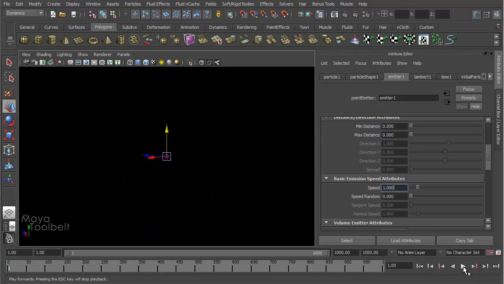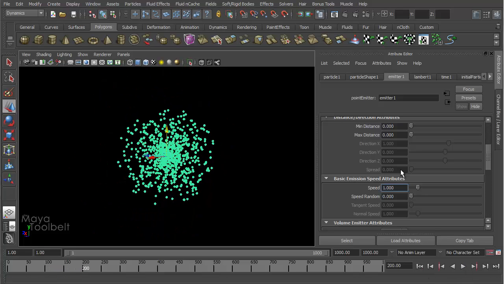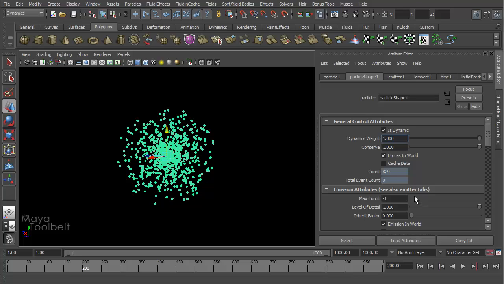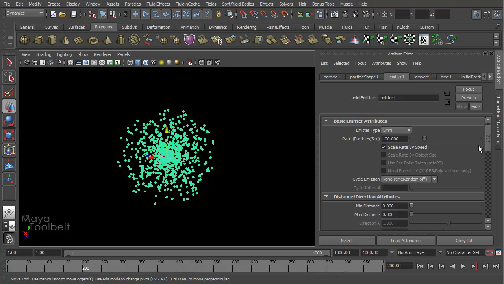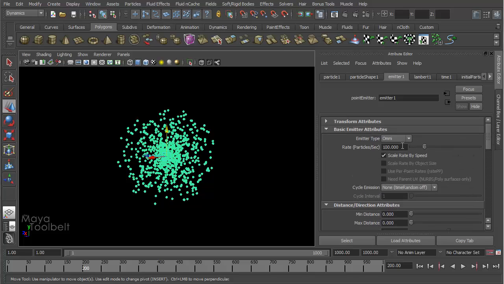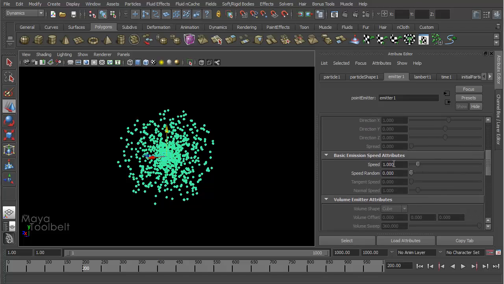Rewind, hit play. Right on top. And now we have 829 particles. So you can see it kind of doubled approximately the number of particles in the scene based on scaling the rate by the speed. If we uncheck this and again increase our speed to 2,